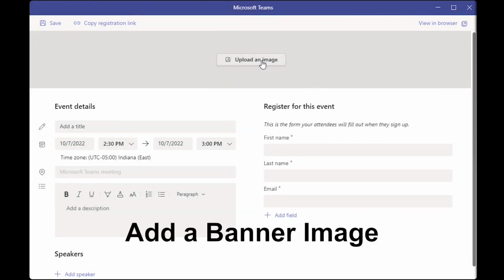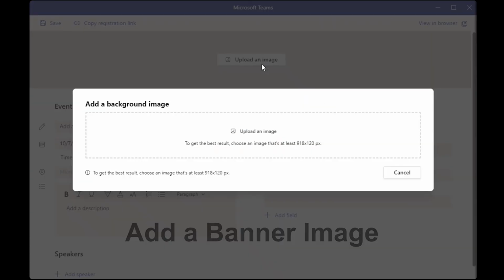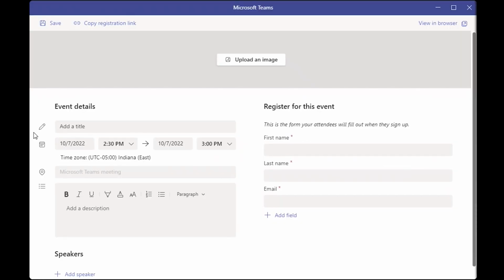Next, you need to create your registration form. Add a banner image. This is important to define the personality of your webinar and position it as high quality for those who visit your registration page. The constraints of the banner image are 918 by 120 pixels, and it's best to add an image that isn't